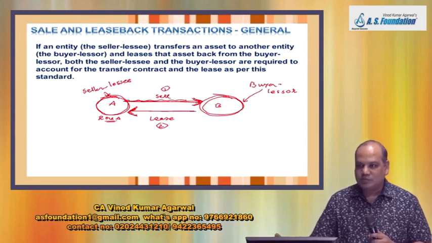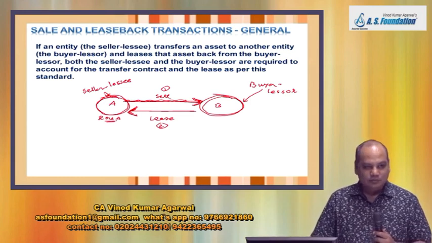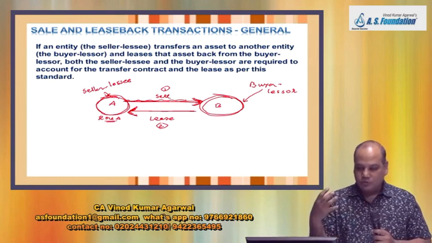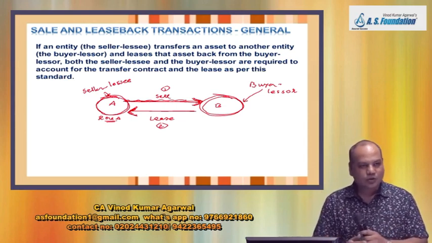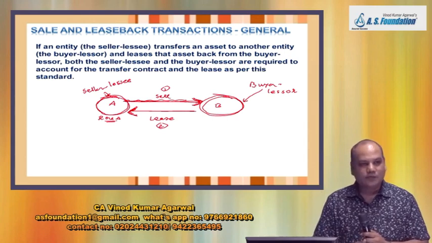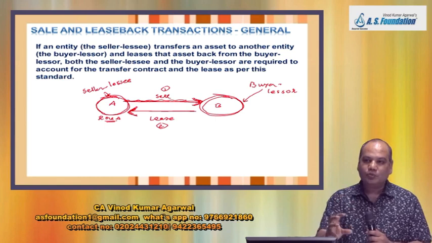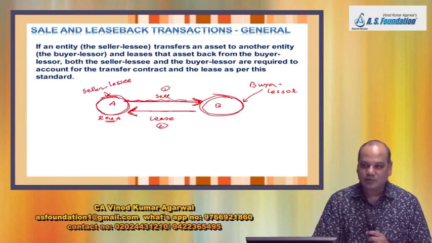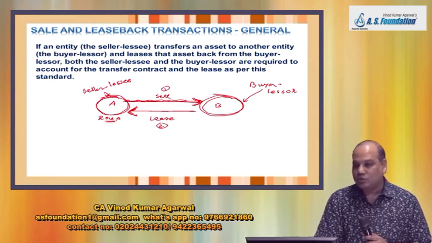We will assume that short-term exemption is not availed. Is it right? So you have to pass entry for de-recognition of the asset, pass entry for recognition of right of use asset. You have to also pass entry for profit made. Is it right? And we have to also check